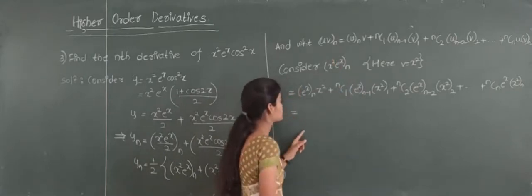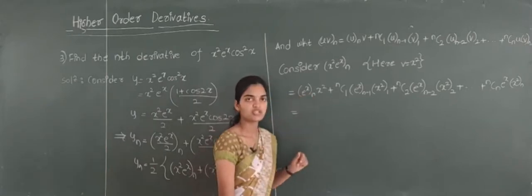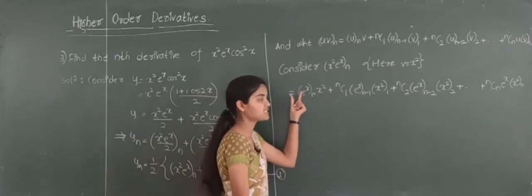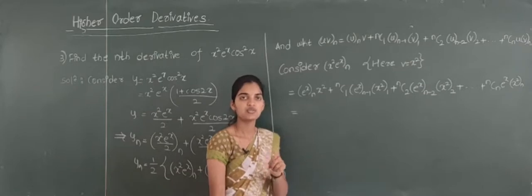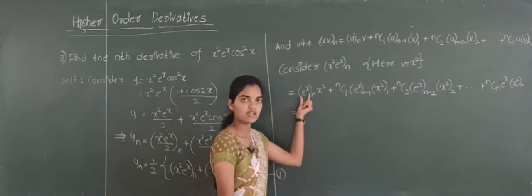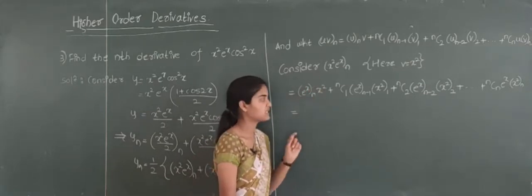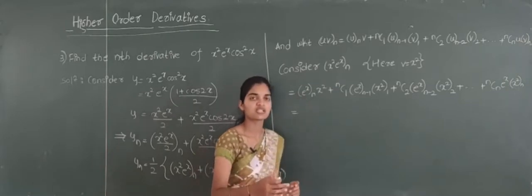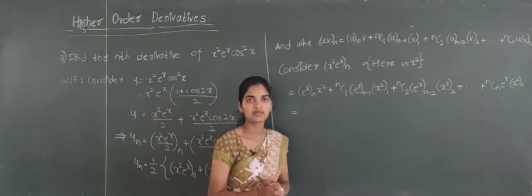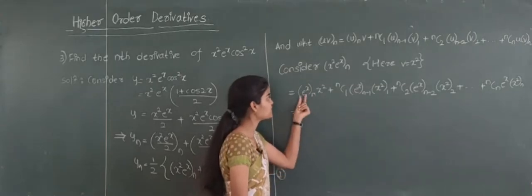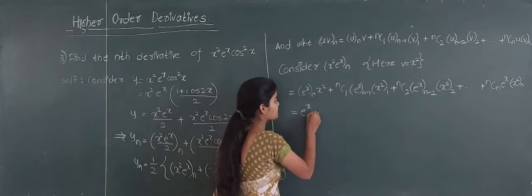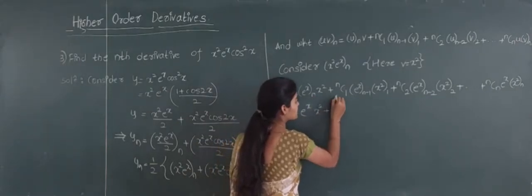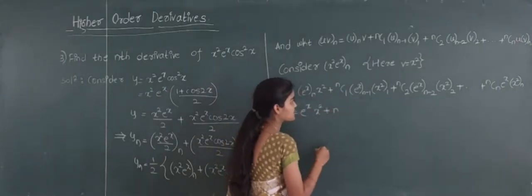So yes, next, what will be the nth derivative of e raised to x? If we consider it as e raised to ax plus b, there we have written 1 raised to n into a raised to n into e raised to ax only. Here a value is 1. You can use that one or else, see, e raised to x function, however many times you differentiate it, you get e raised to x. So directly nth derivative of e raised to x I will write as e raised to x as it is. Then x square plus, yes, nC1 value I have told you, this is n.